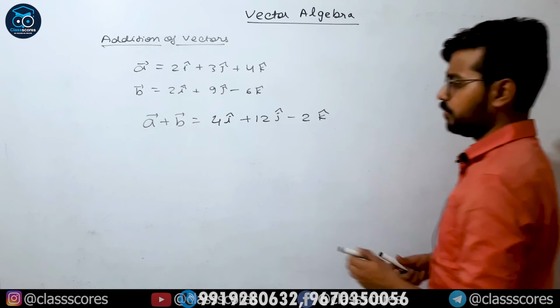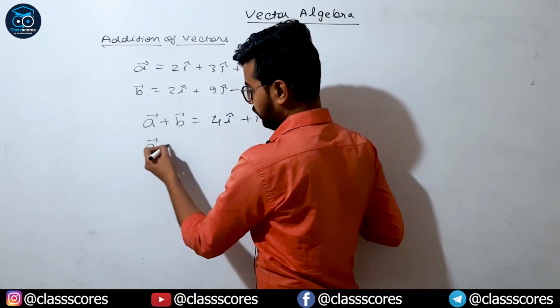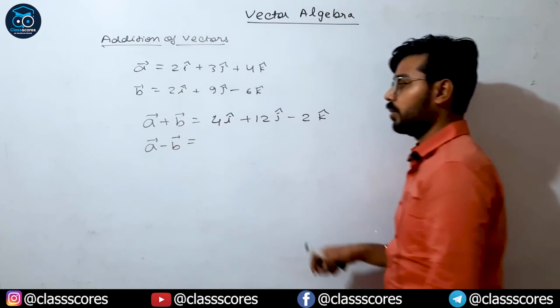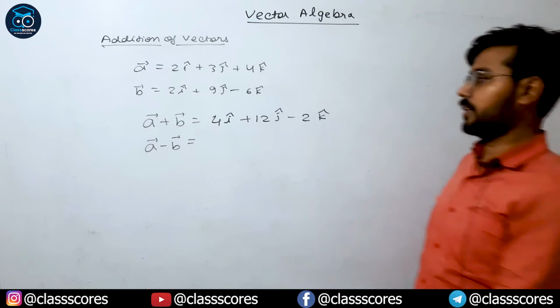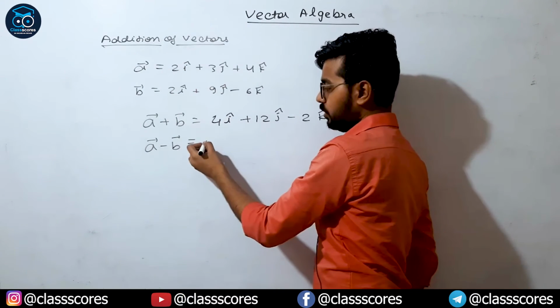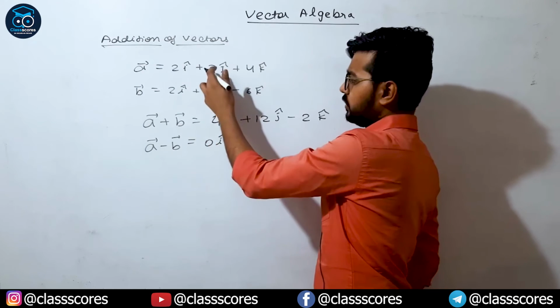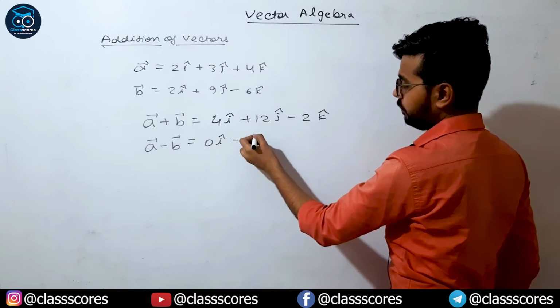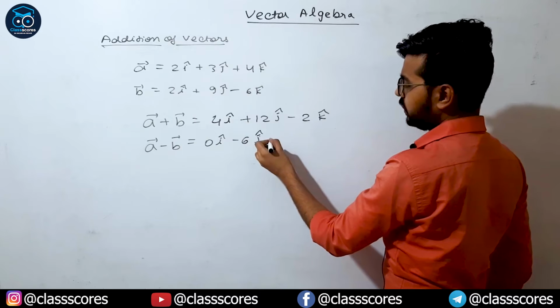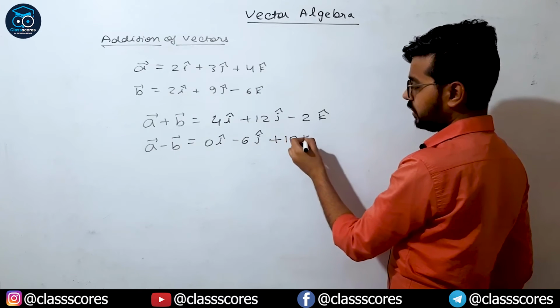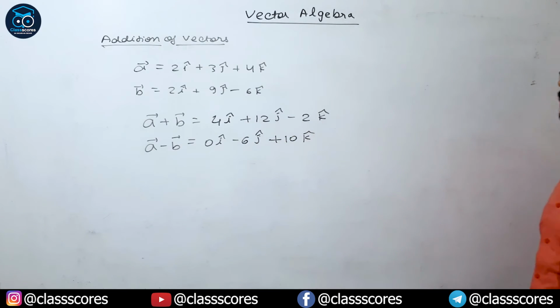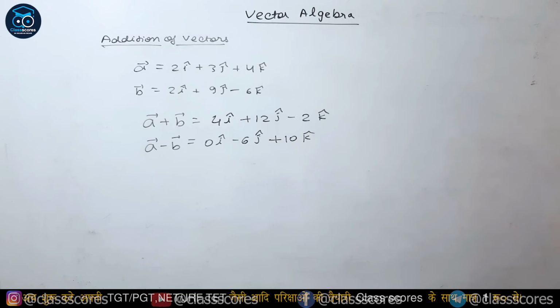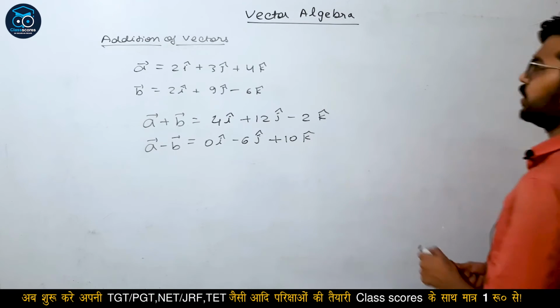Similarly, whenever we subtract the vectors, it will also be subtracted with the same terms. A minus b means 2 minus 2 is 0i cap plus 3 minus 9 is minus 6j cap, 4 minus minus 6, that is 10k cap. So this will be the difference of two vectors. Clear? Now moving towards multiplication of